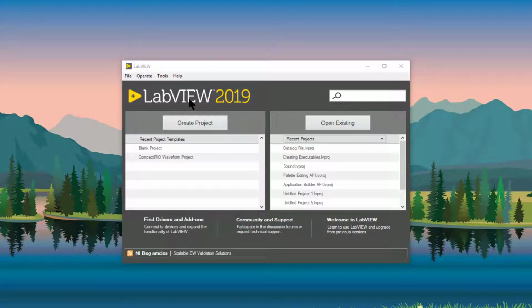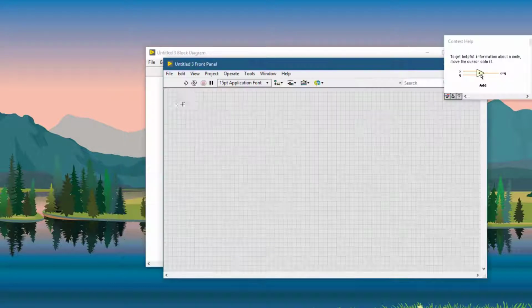So we can create descriptions for subpalettes on the controls and functions palettes to describe the purpose and contents of the subpalettes and to give users instructions for which items to select. The subpalette descriptions